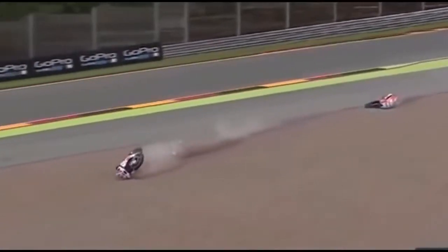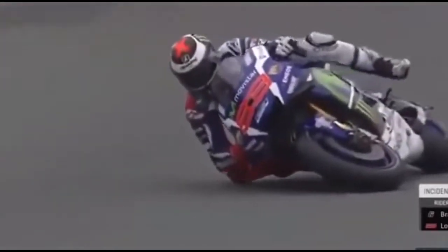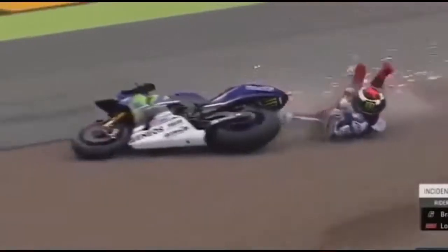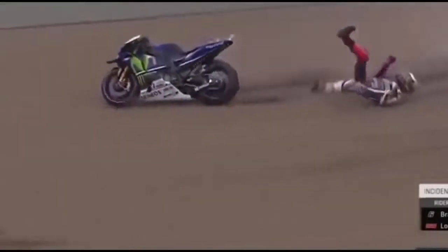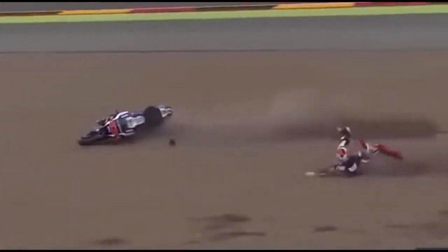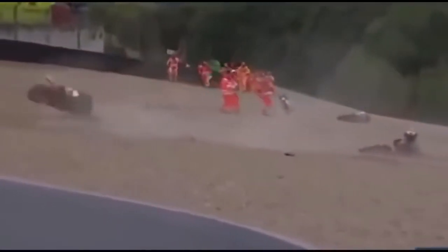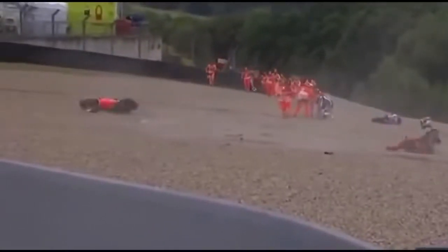All right, we saw just how much damage is to the bike. Will it start flipping over? Oh, here it goes. Incident involving Bradl and Lorenzo. Is Bradl coming after him as well? There is Lorenzo. Oh wow, that's so lucky that Bradl...